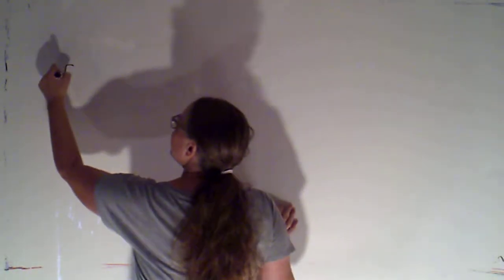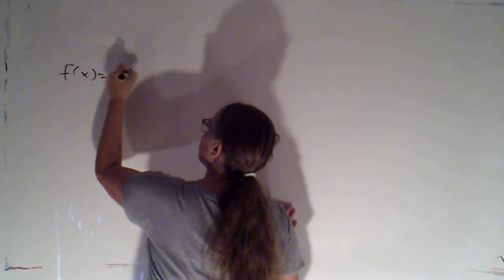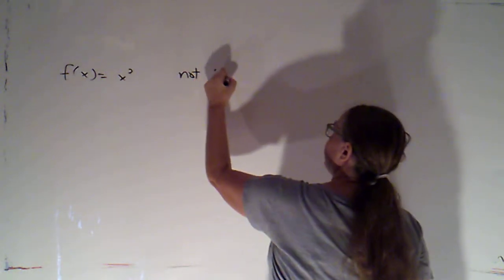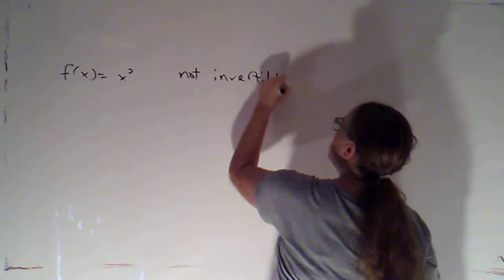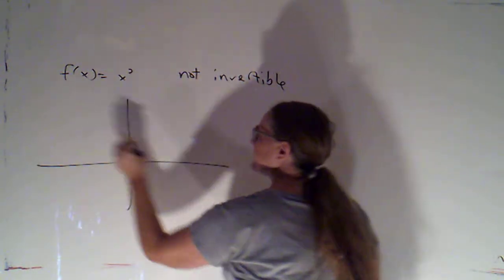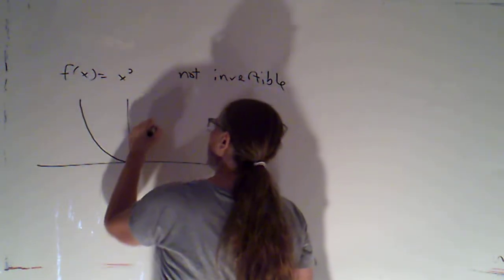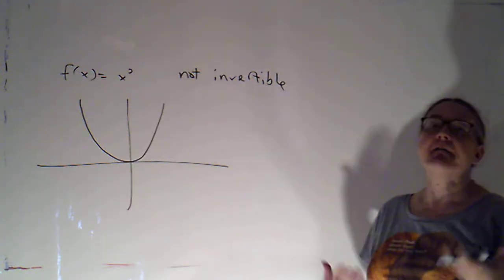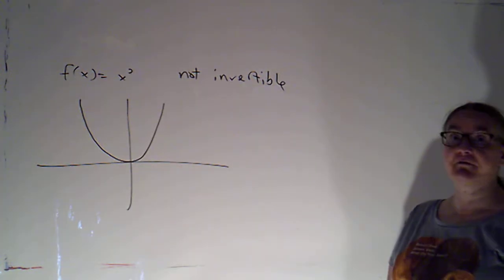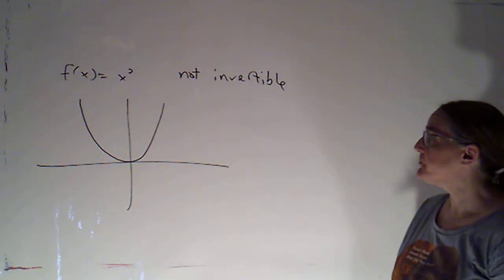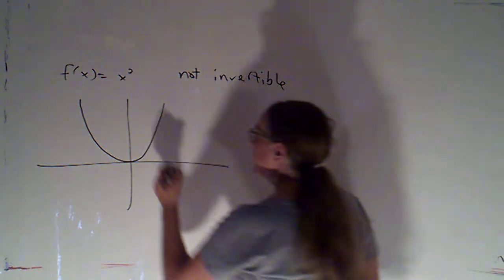We've already seen a couple of times now that the function f of x equals x squared is not invertible. What I want to do is explore that a little bit and see if we can come up with a criterion for when a function is and when a function is not invertible. The problem, of course, here is